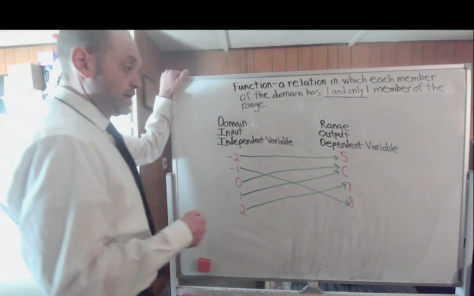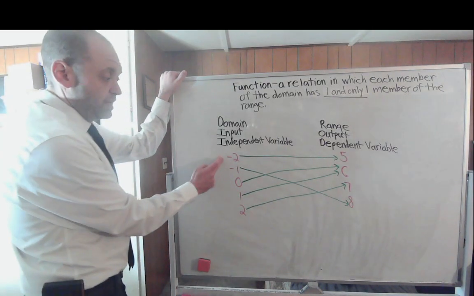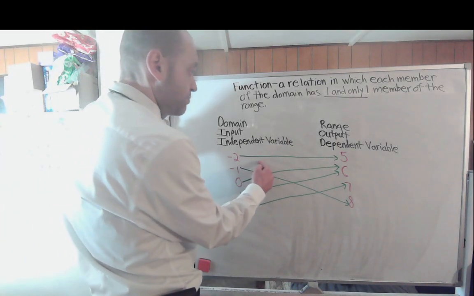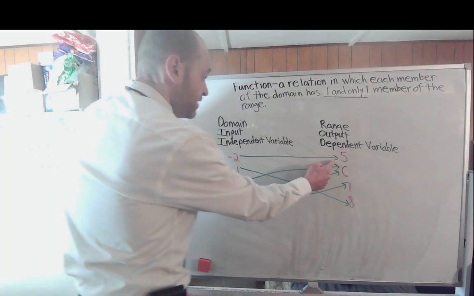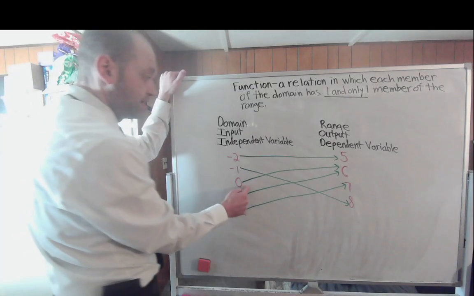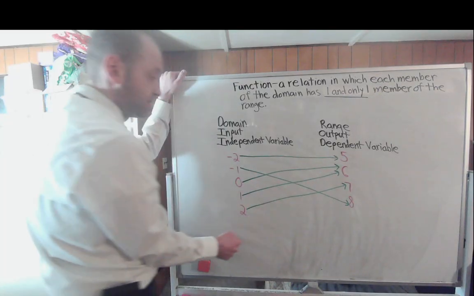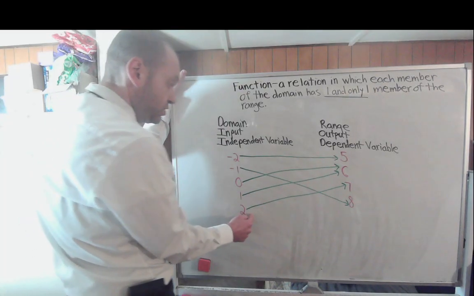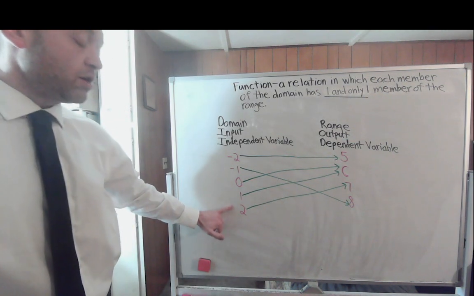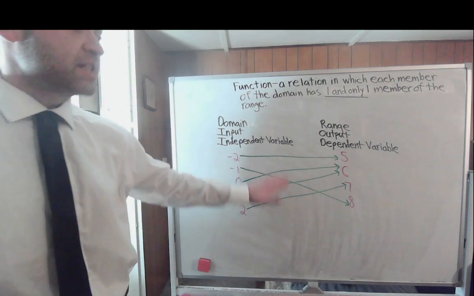So here we have an example of a function. You have your domain from -2 to 2. Well, -2 has a range value of just 5. -1 only corresponds to 8. 0 only corresponds to 6. 1 only corresponds to 6. And 2 only corresponds to 7. Since each member of the domain only corresponds to one member of the range, this would in fact be a